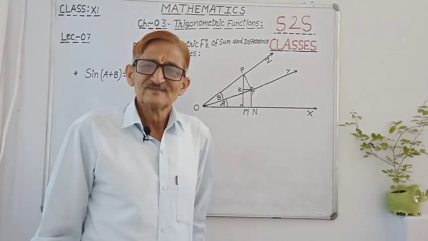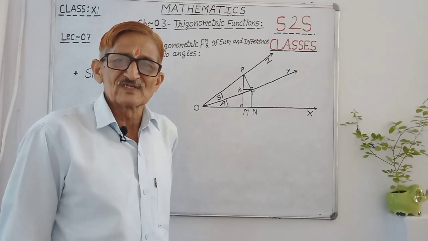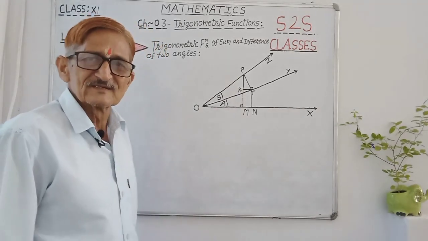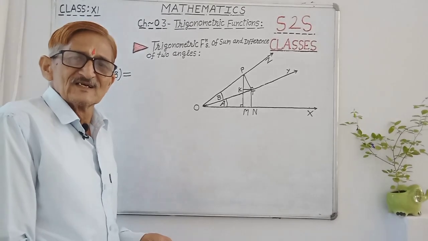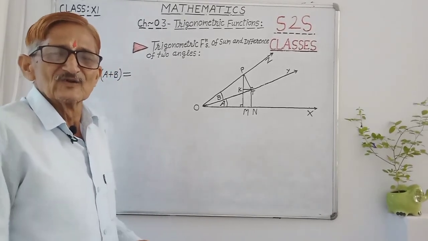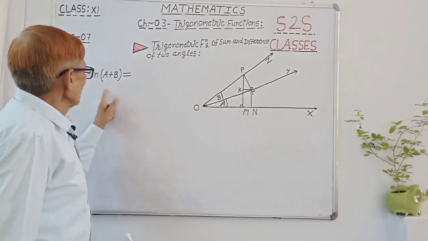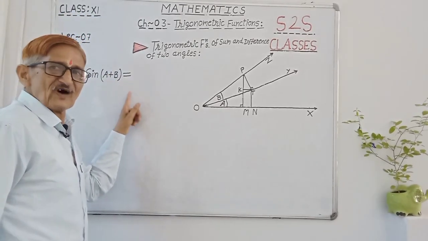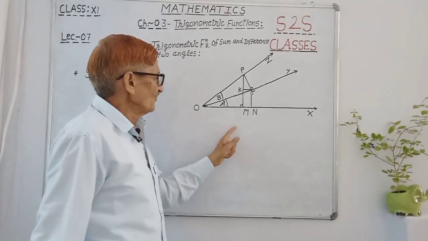So now, forward in the +1 syllabus, this is the most important topic: the sum and the difference of two angles of the trigonometric functions. Now here, sin(A + B), if we want to find the value of this function,